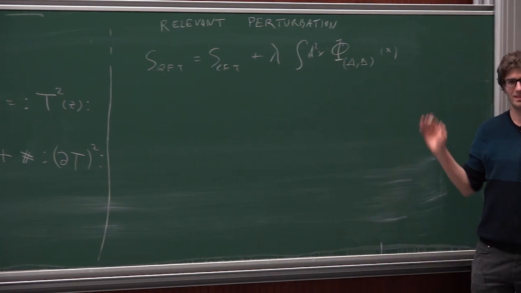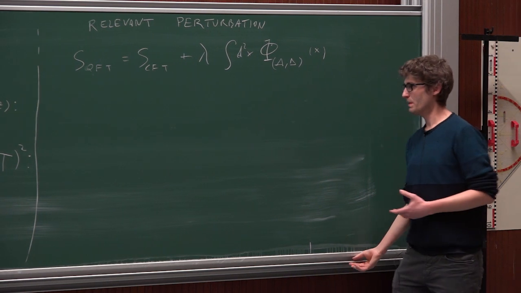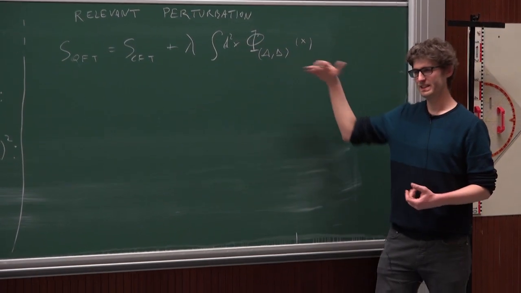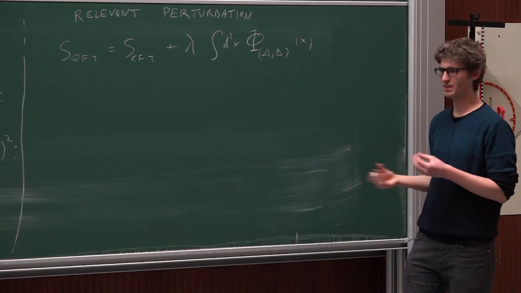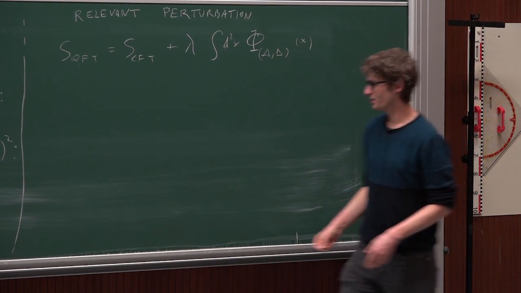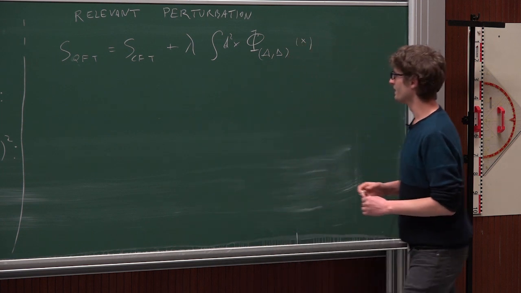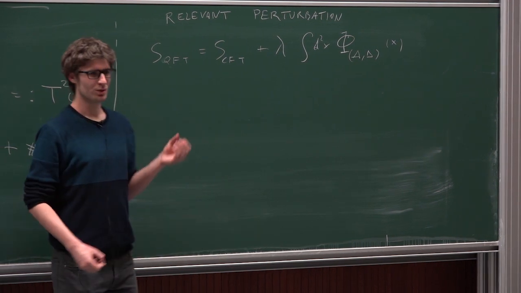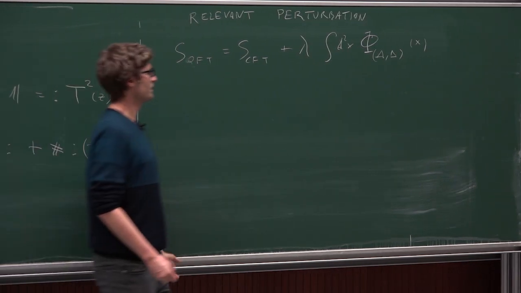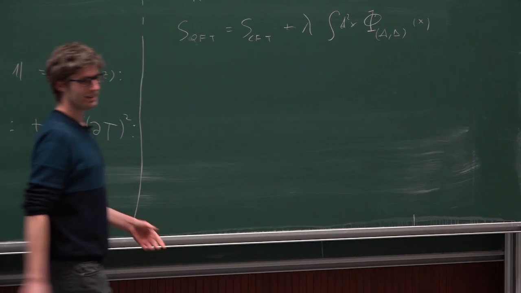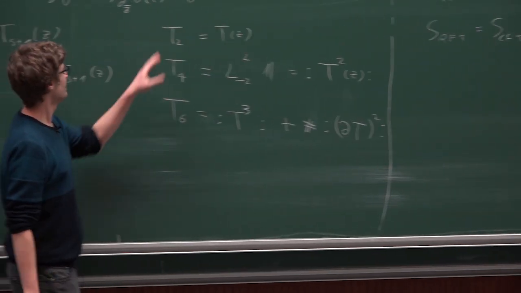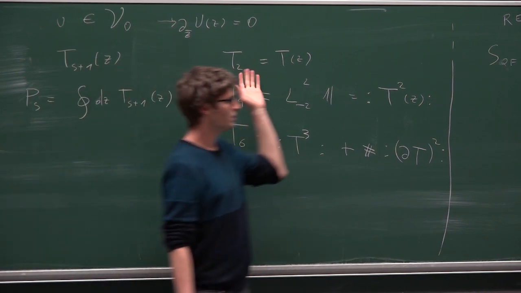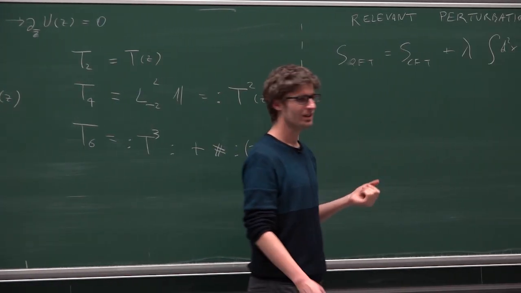Okay, so now let me stress again that this will be a benign perturbation that will give us a well-defined quantum field theory, not something crazy like T-bar T. And we can do conformal perturbation theory, and this tells us exactly how these equations of motion are perturbed. So of course we will break the holomorphicity.